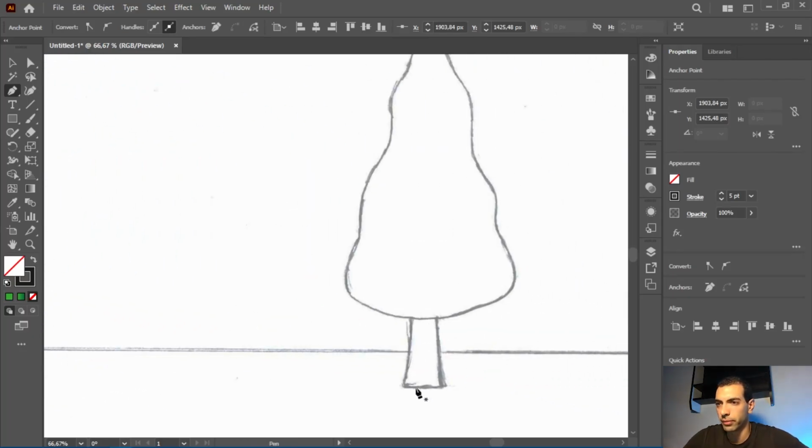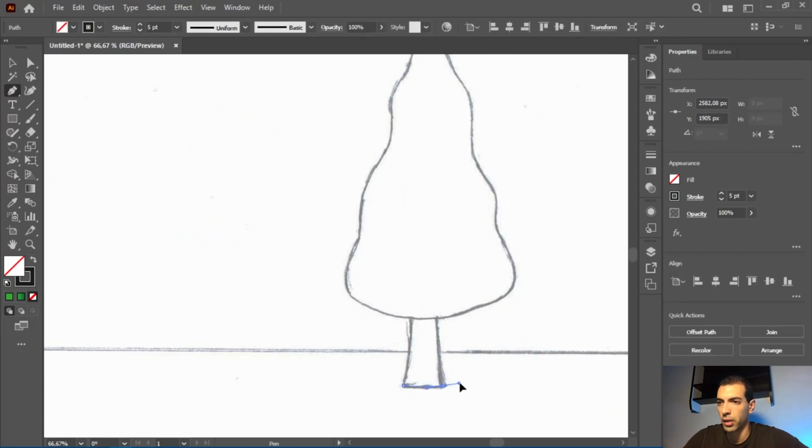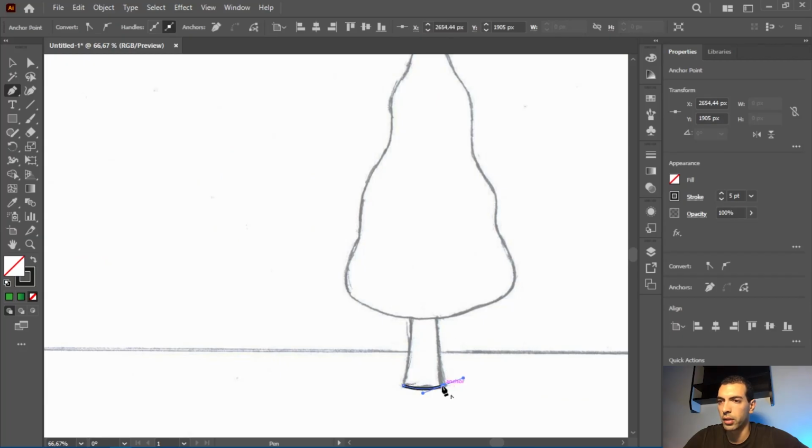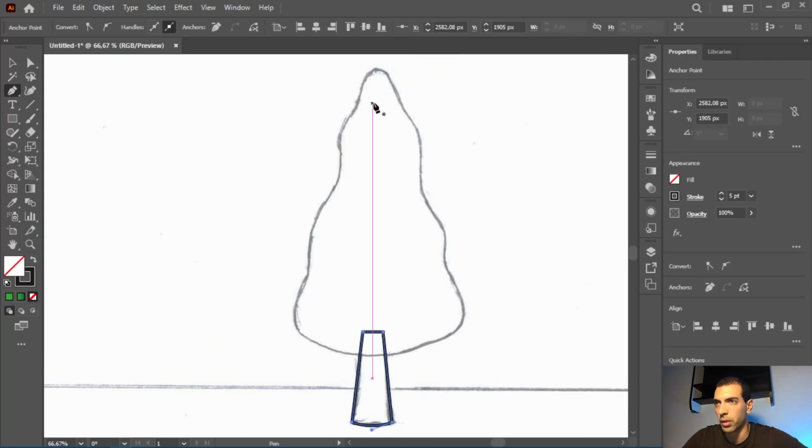Next tree, gonna click here, click and drag slightly like this, click here. I'm gonna create a straight point, click with no dragging, click and click. I'm gonna draw this part,